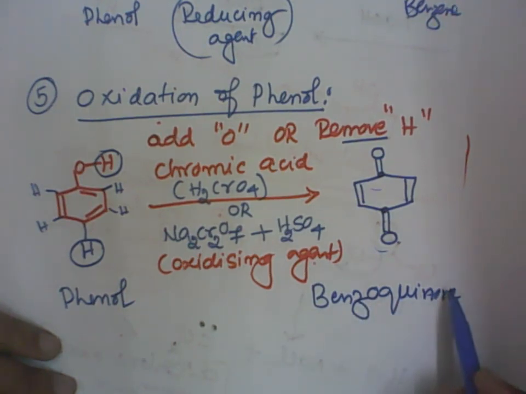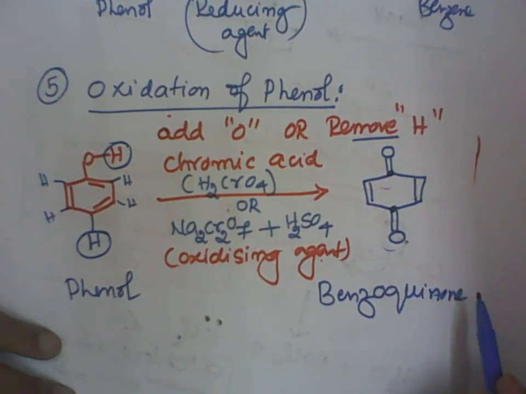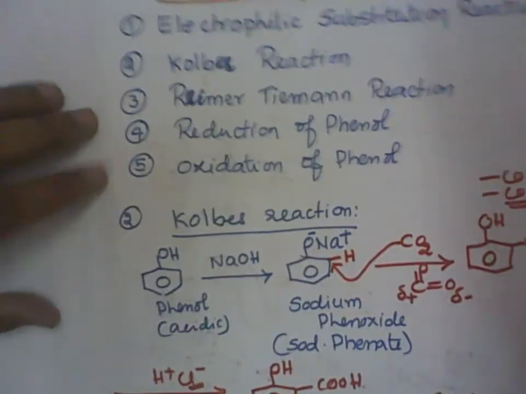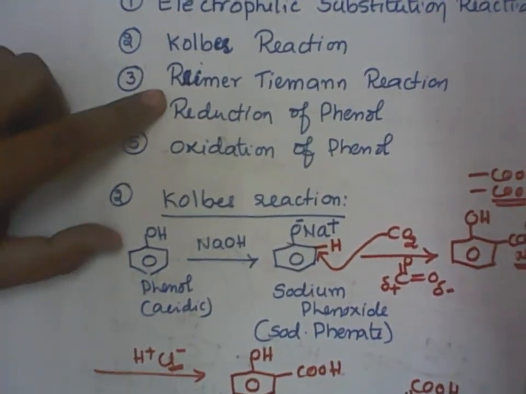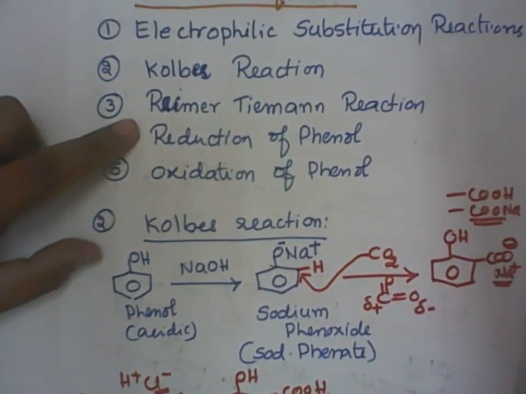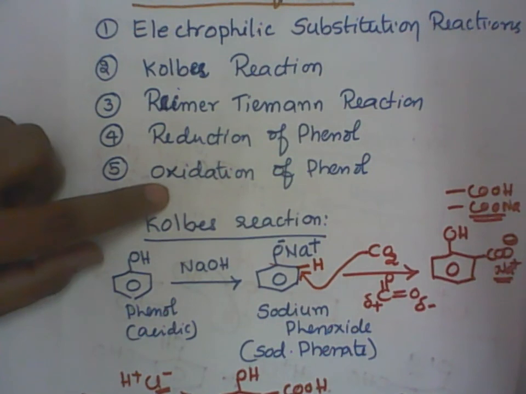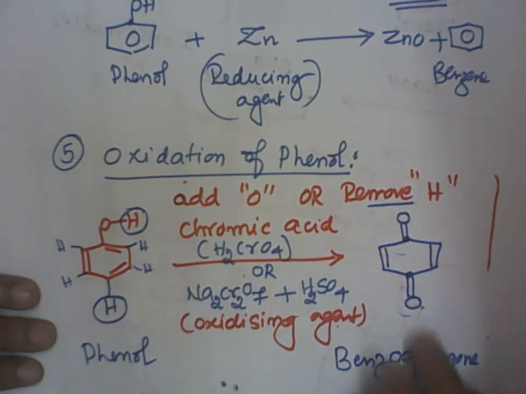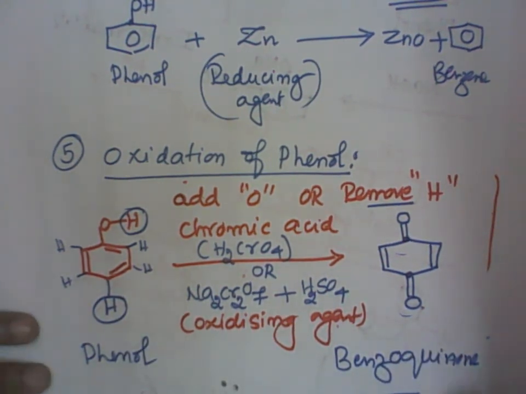So you have studied Kolbe's reaction, Reimer-Tiemann reaction, reduction of phenol, and oxidation of phenol. Reduction of phenol gives benzene. Oxidation of phenol gives benzoquinone. And we'll continue the